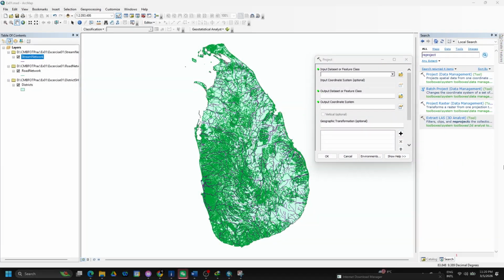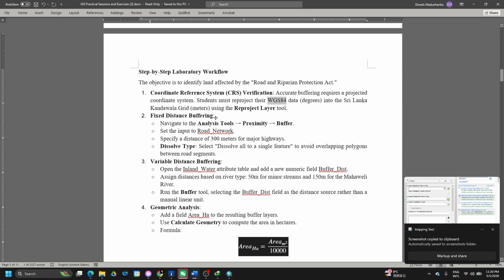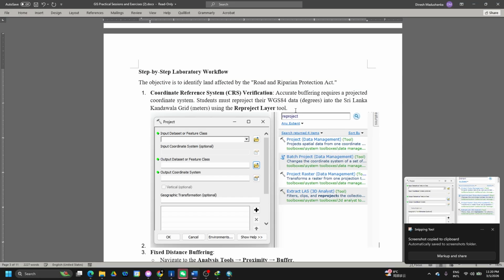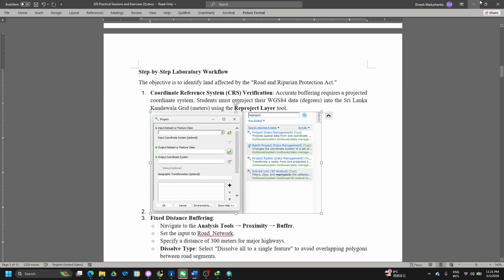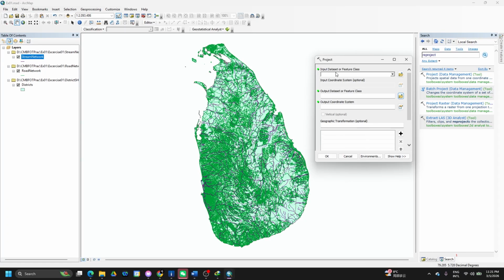I will attach this in my Word file, so it will be easy for you guys to do the practical. Okay, first you have to do the projection. In the projection you need to input the data set or the feature class. We need to do the projection for all three layers first. I will select the district first, and then it's asking me where this output feature class is going to be